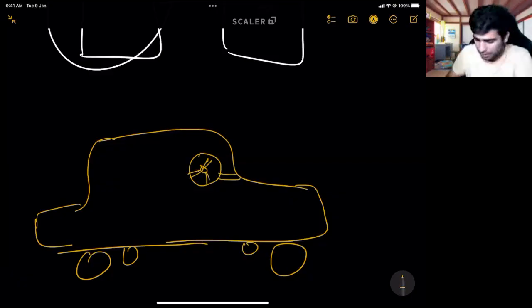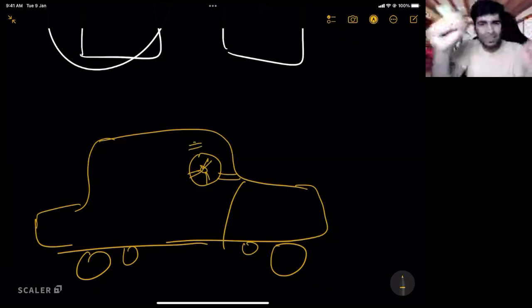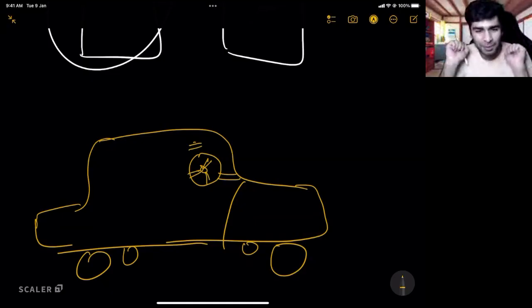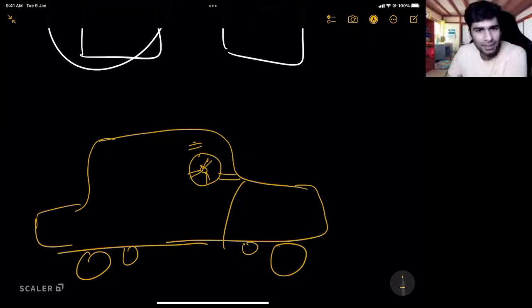Do we care about that? No. What do we care about? We only care about this behavior, that you can move a steering wheel. That is the only thing that we care about. How it internally works, what it internally does, we don't care about that, right?